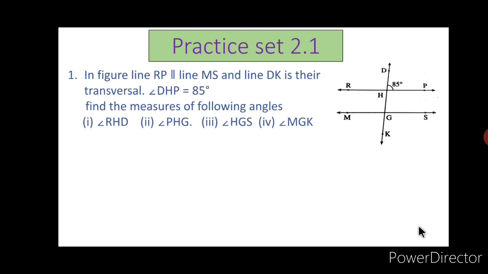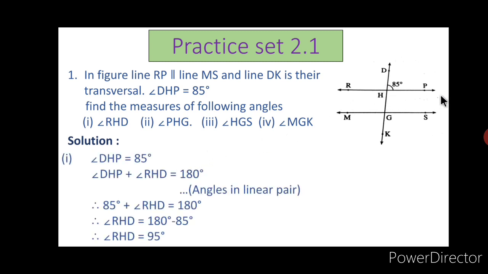Question number one. In the figure, line RP is parallel to line MS and line DK is their transversal. Angle DHP is equal to 85 degrees. Then we have to find the measures of the following angles, that is angle RHD, angle PHG, angle HGS and angle MGK. Solution is